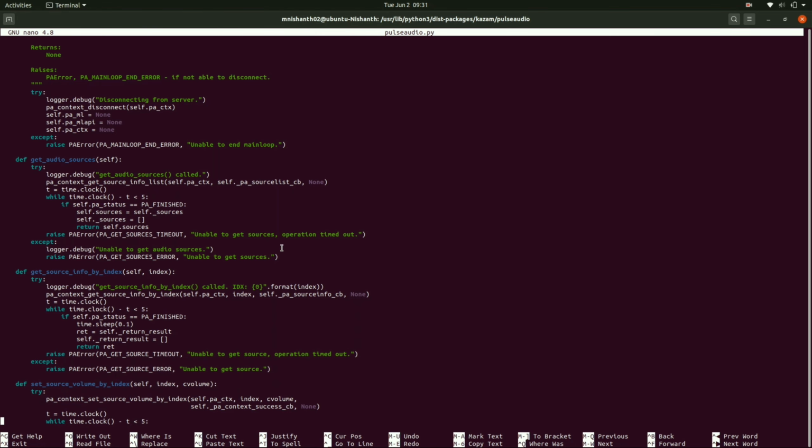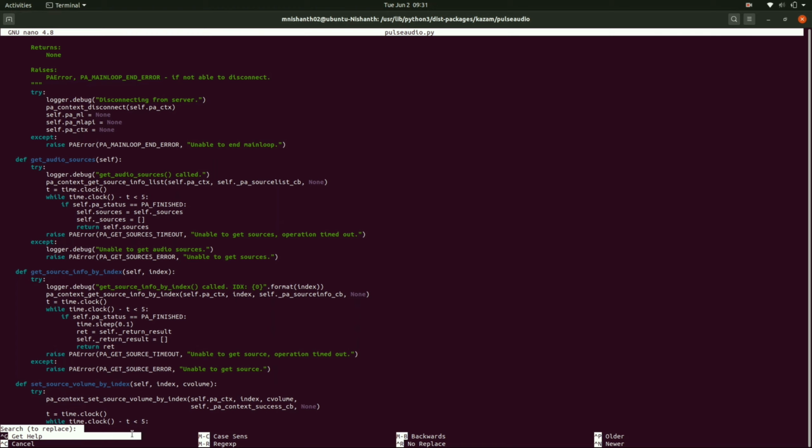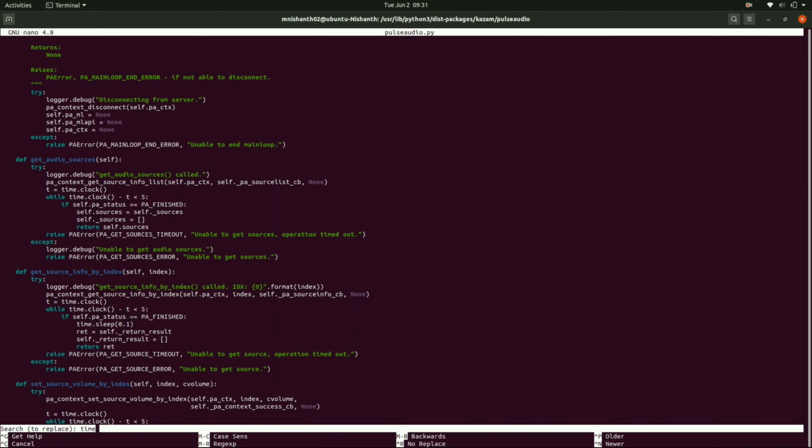To replace all, just click Ctrl plus backslash and type the string as time.clock and click enter. Now type the replacement string time.perf_counter and click enter.